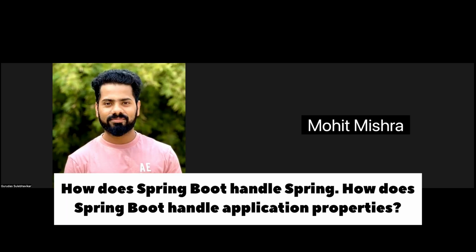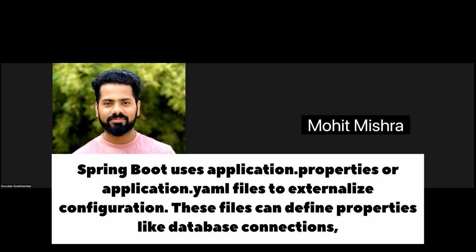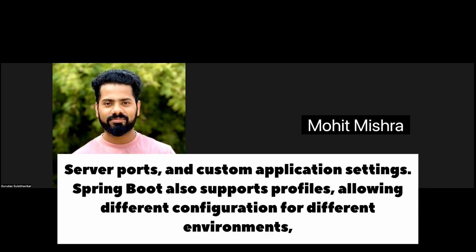How does Spring Boot handle application properties? Spring Boot uses application.properties or application YAML files to externalize configuration. These files can define properties like database connections, server ports, and custom application settings. Spring Boot also supports profiles, allowing different configuration for different environments, such as